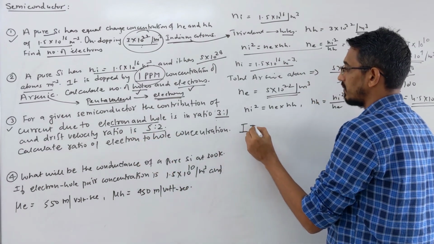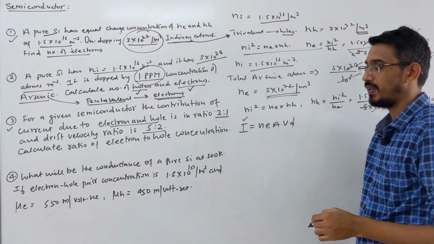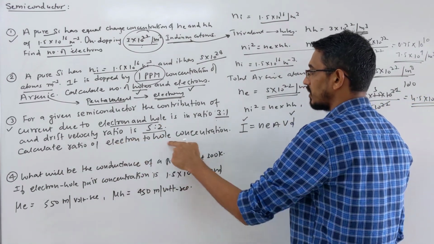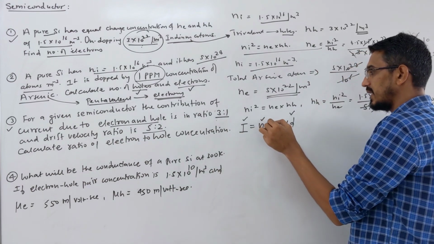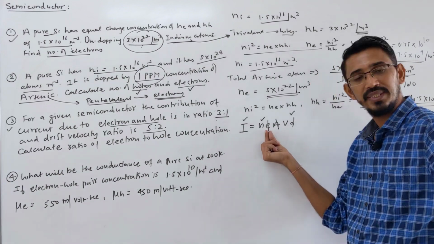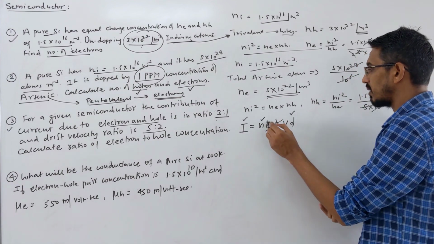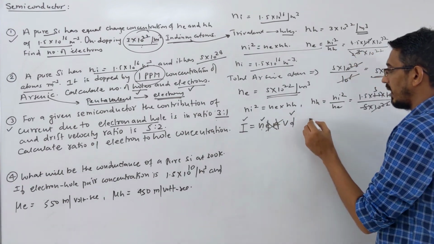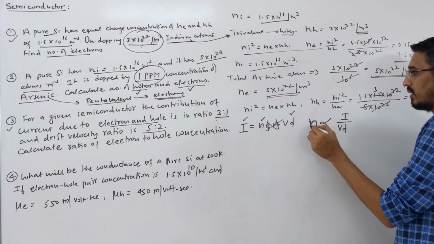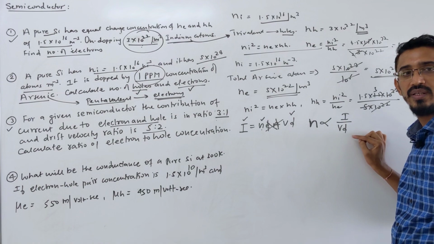Current formula is what? I = nevA d. This is given to you, current ratio given to you. What else is given? Drift velocity ratio is given. Then they are asking charge concentration, means n ratio. e is constant. A is what? Constant. Whether you talk holes or electrons, the charge is the same, and the cross-sectional area of that semiconductor is also the same. So these two things are constant, forget them. We have to find n. So n is directly proportional to what? I by v_d. Charge concentration n, the number of electrons or holes per meter cube, is proportional to current by drift velocity.